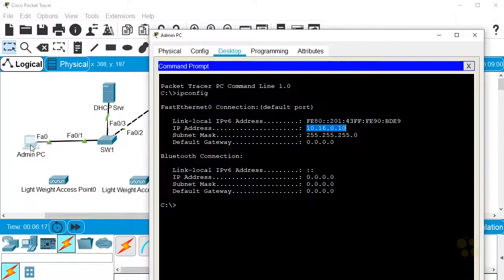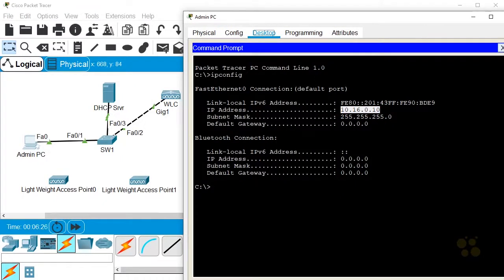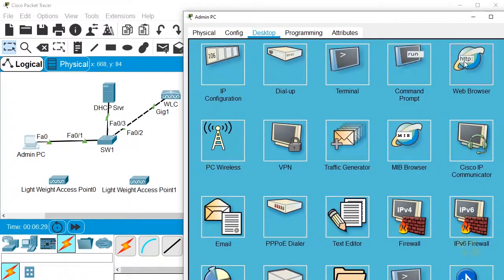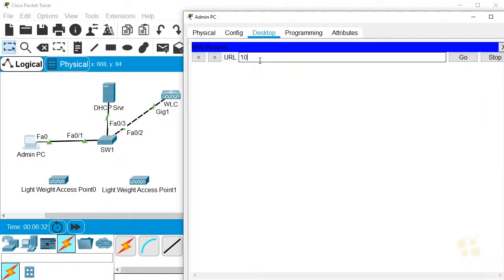So with the IP addresses in place, the first thing we're going to do for this wireless LAN controller to work is connect to it via HTTP from our management PC and do some basic setup of that device that gets it ready to actually perform its duties as a wireless LAN controller. So let's make a road trip to the admin PC. We'll open up a browser to go over to 10.16.0.2, the IP address of the wireless LAN controller, and we can start our initial configuration from the GUI on that device. So we'll close that window, and we'll go back to our admin PC. And here on the desktop tab, we'll close our command prompt with this X over here, and then we'll open up a web browser. And we'll connect to 10.16.0.2, press enter, and